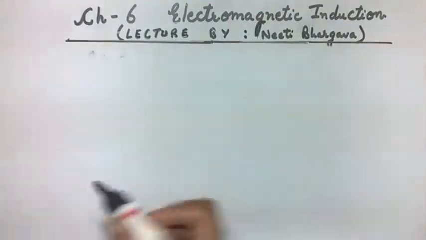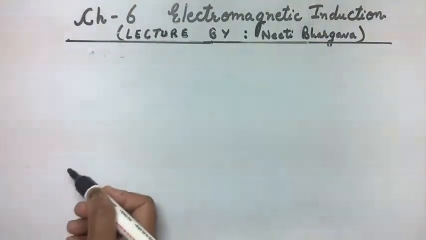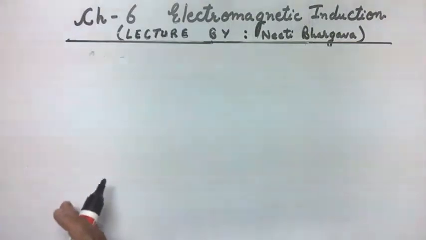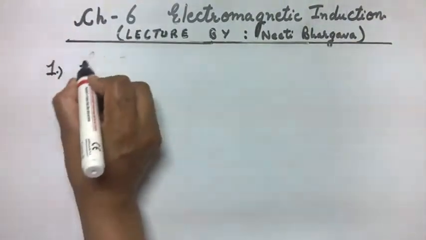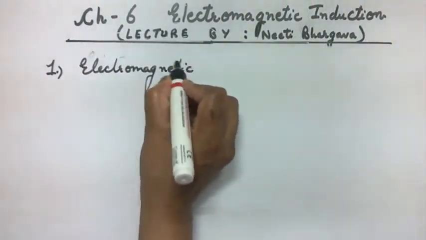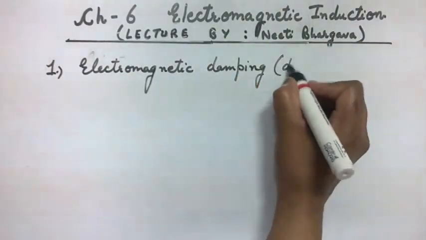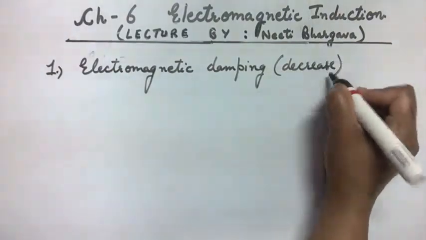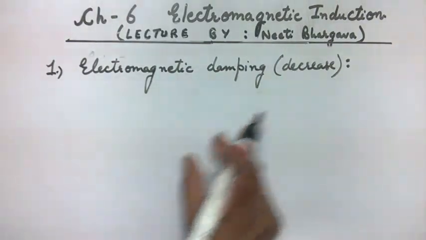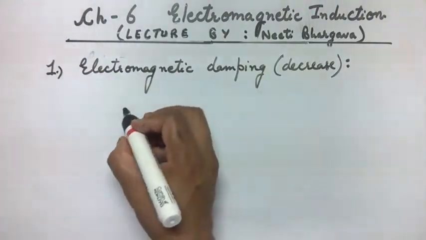Let's understand how eddy currents oppose the external magnetic field when a conductor is entering into or going out of that external magnetic field, with the help of one experimental demonstration known as electromagnetic damping. Damping means decreasing. Here we will see that the amplitude of a metal disc will decrease after some time when it is placed between the strong poles of a magnet. That is, let us consider this arrangement.